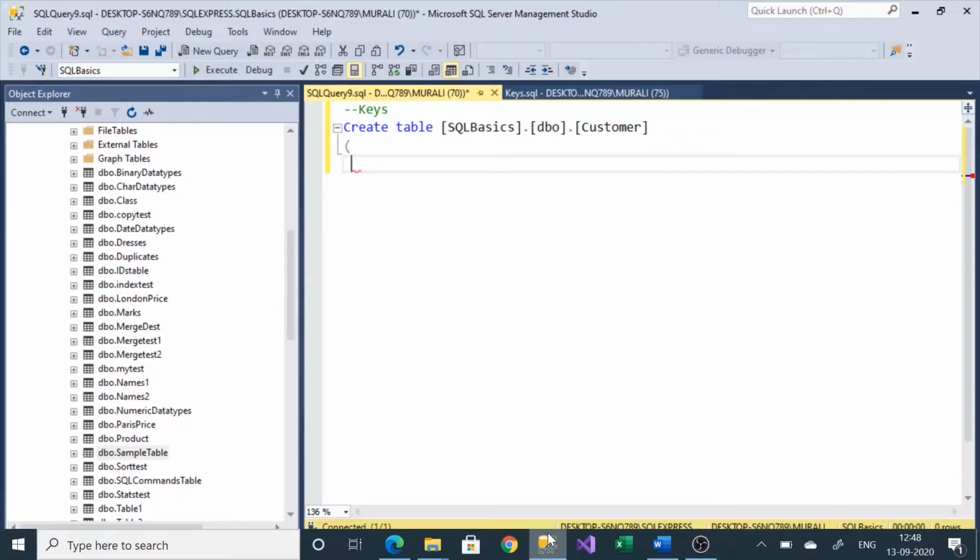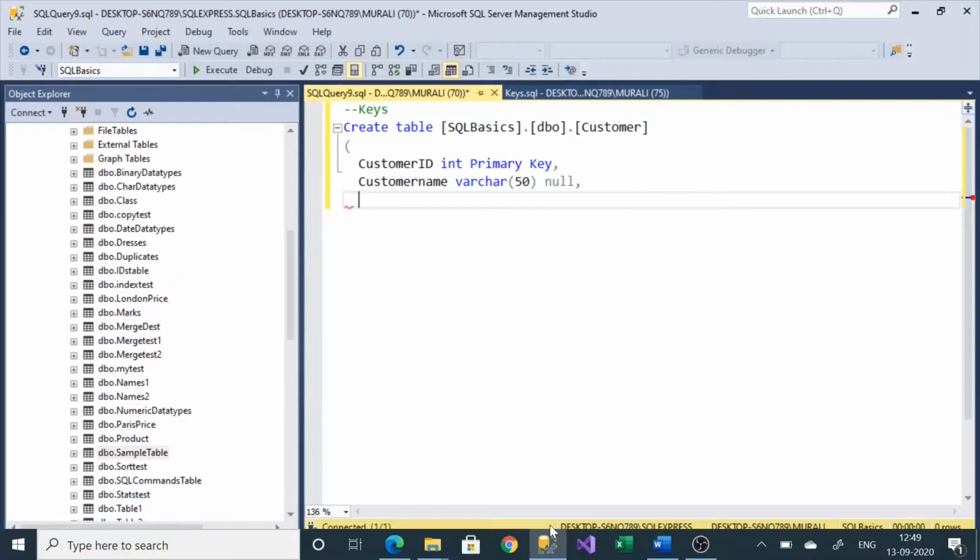Here I will take customer ID, integer, and I can declare it here as primary key, and customer name, varchar, not null.